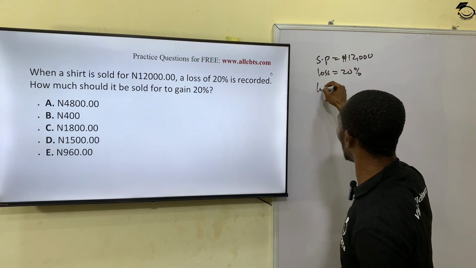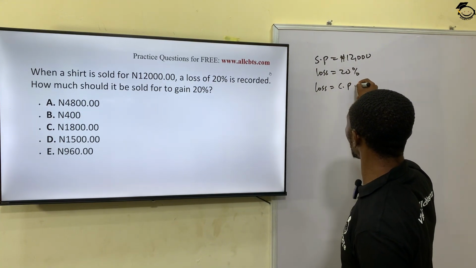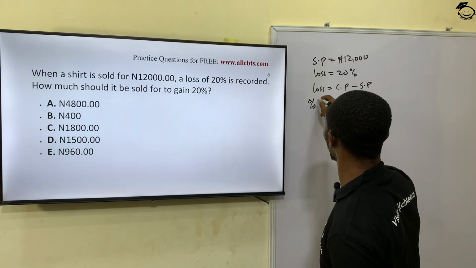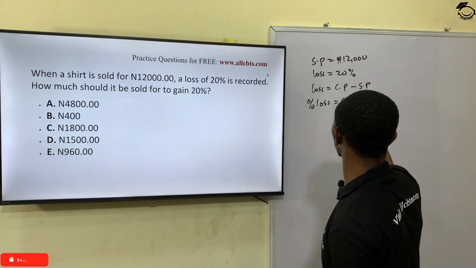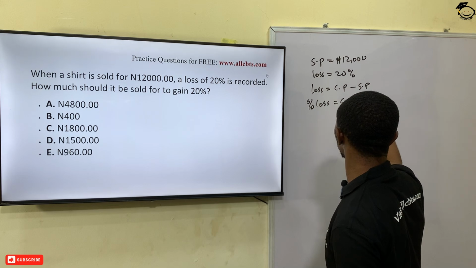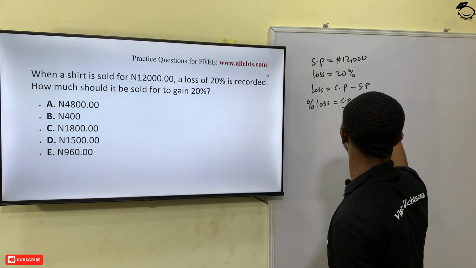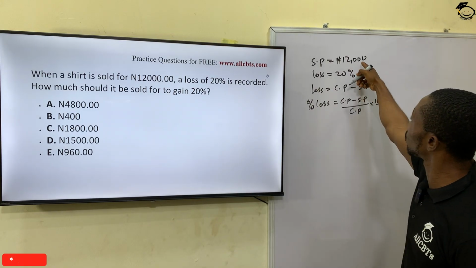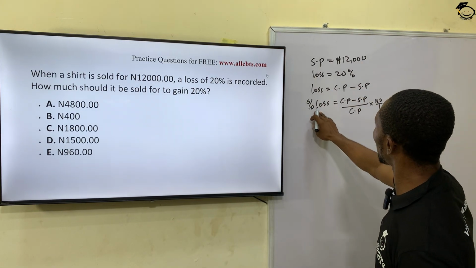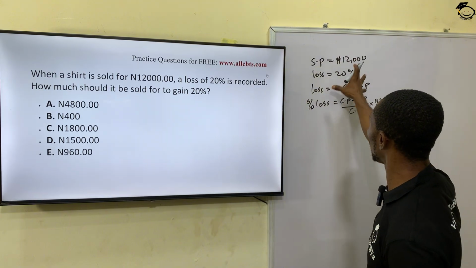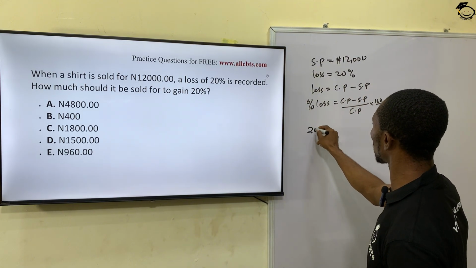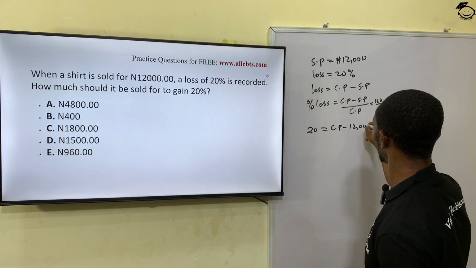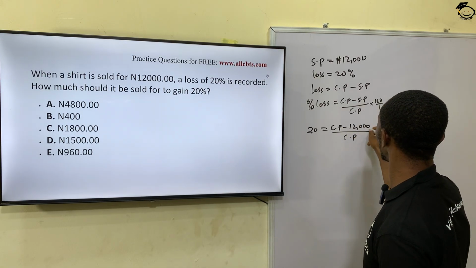Now, we know that loss is cost price minus selling price, and percentage loss is cost price minus selling price, which is loss, over cost price times 100 over 1. In this case, our selling price is 12,000 and our loss percent is 20. So, inputting those data here, we have 20 equals cost price minus 12,000 all over cost price times